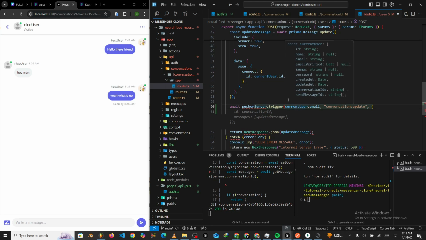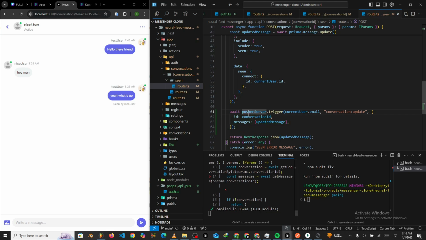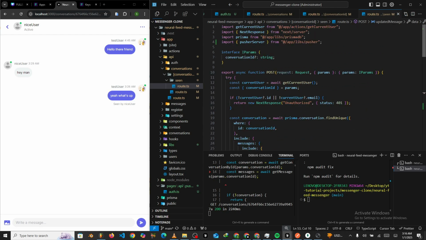Then once we trigger, we use the current user.email as a unique channel. Then we set up the conversation:update as the text ID here, and we just pass in the objects that we need, which is for ID we want to pass in the conversation ID, right? And then for the message, we want to pass in the updated message as an array right here. Don't forget to import your pusher server above, just like this. All right, so